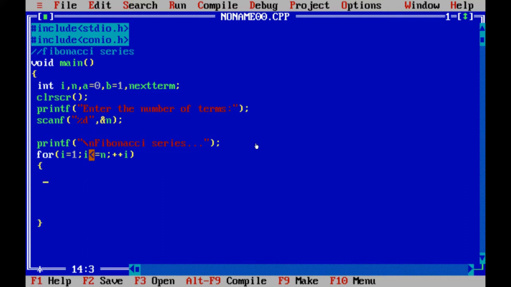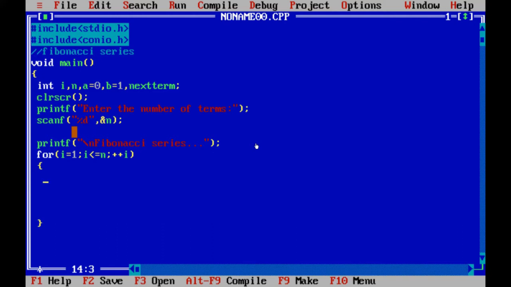The third part decides how the value of i is going to be increased, decreased or changed. Here we are using pre-incrementation, that is ++i. You can use post-incrementation, but the code will be slightly changed. Pre-incrementation means first the value is incremented and then we utilize it.